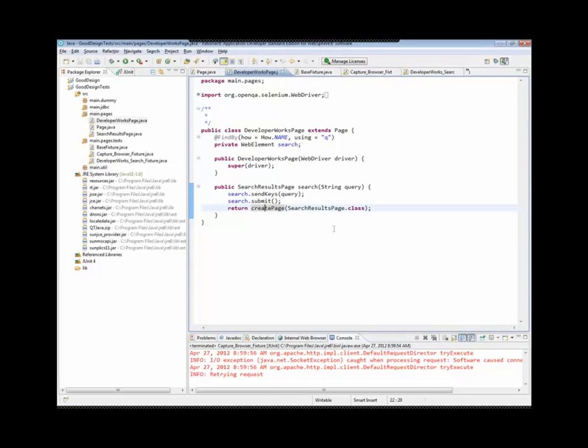The other thing that this page does is expose functionality that is required in the application or provided by the application, so that the developer of the unit test doesn't have to write a lot of repeating page manipulation code by hand. So when using this product, you can see we have, go to developerWorks page.